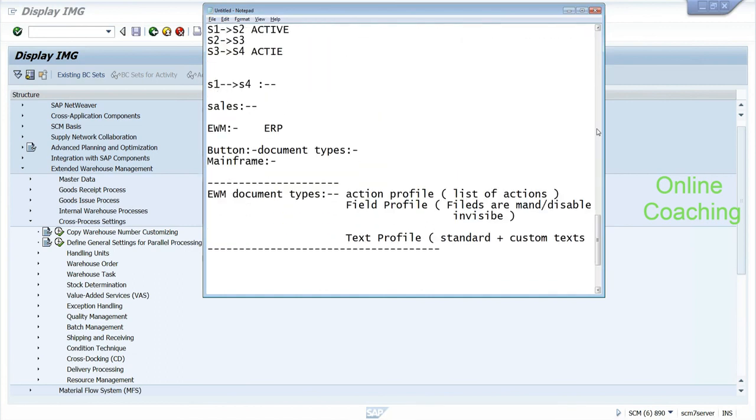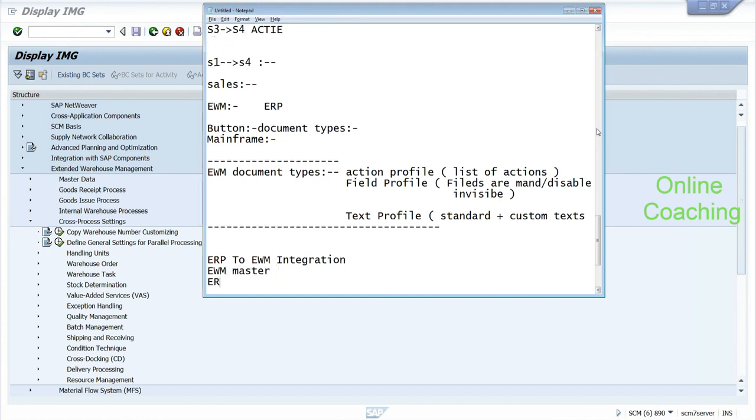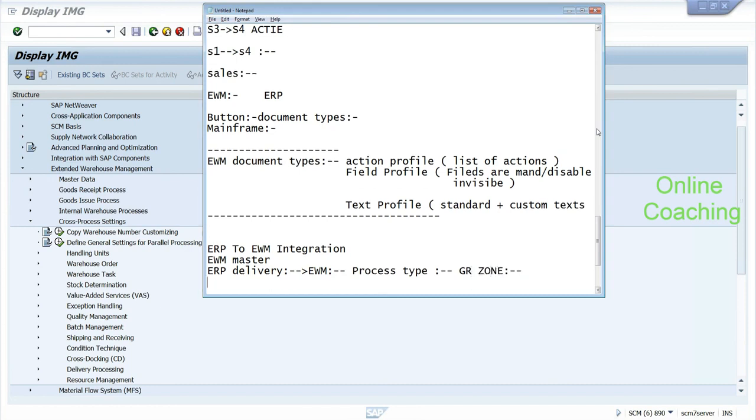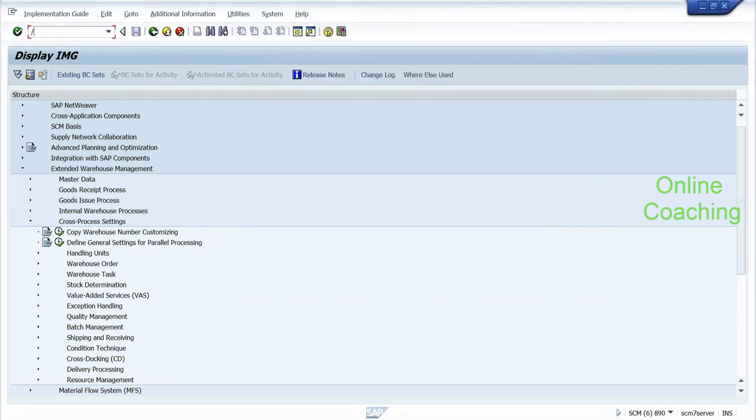As a summary, you should not have any doubts about the ERP to EWM integration, and defining the EWM master data. If you create an ERP delivery, it should be able to successfully distribute to EWM and find the right process type. Make sure that your process type has a GR bin or the starting bin associated, and then it should be ready to process it. Okay, so if you go to our delivery document,